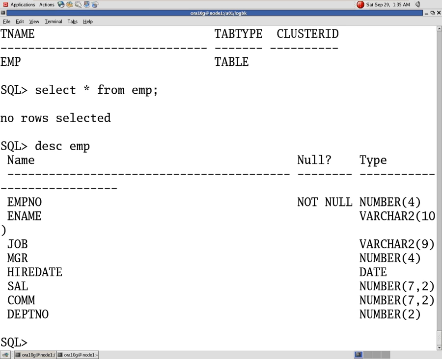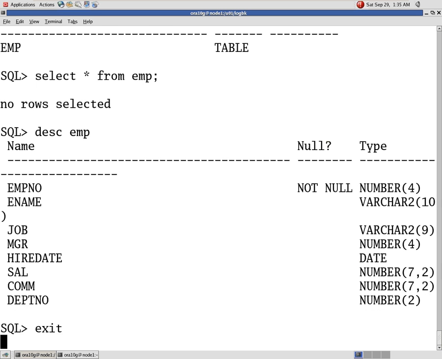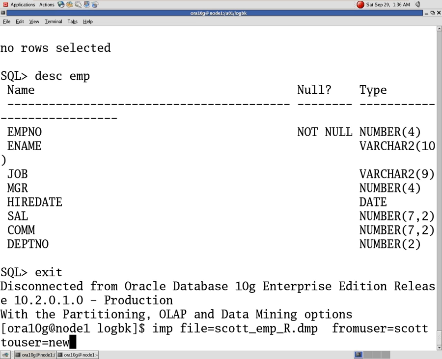Now what I will do, now I will import the rows. Where are my rows? My rows are present in this file, table with rows. Now I will import the same with rows: imp table with rows, fromuser touser equal to new, ignore equal to y.